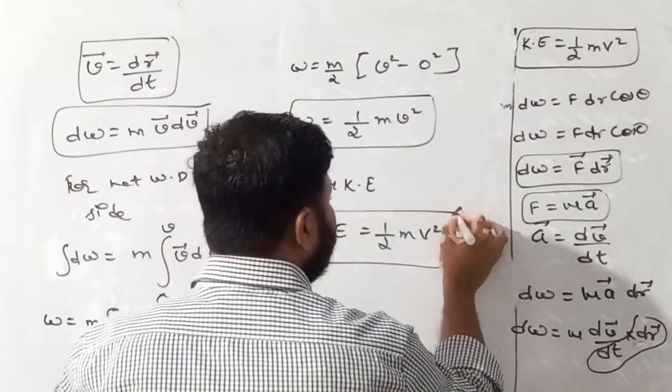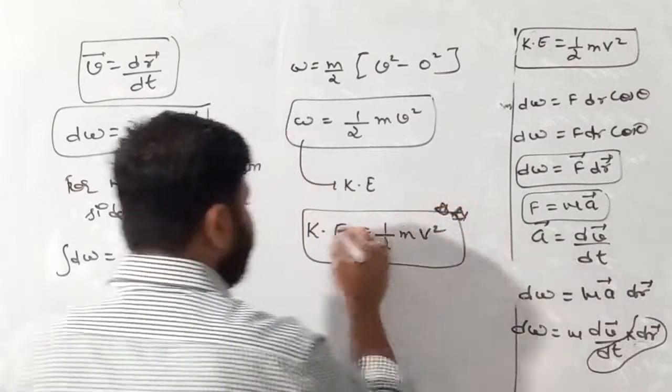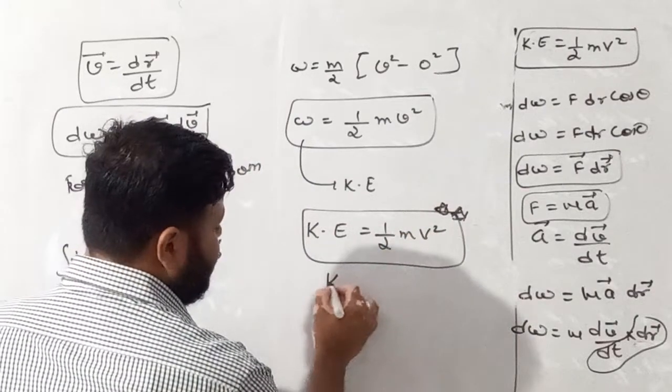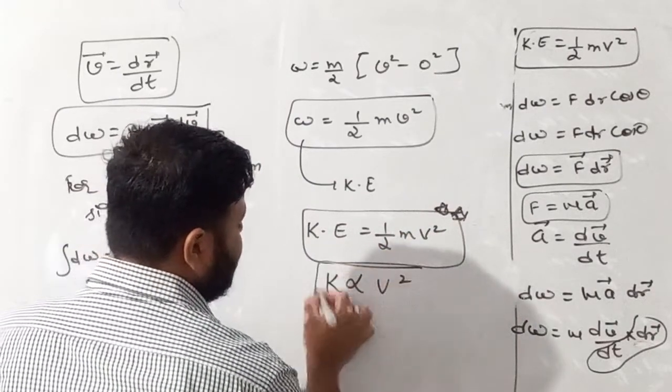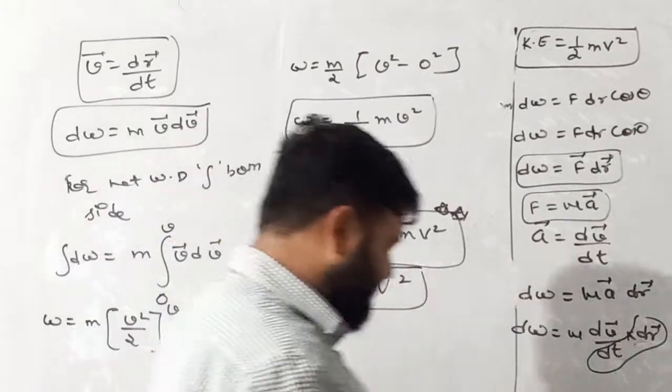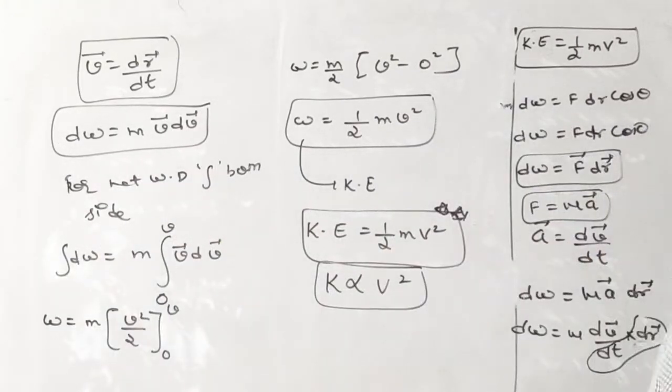This is the relation of kinetic energy. One more thing you have to remember: kinetic energy is proportional to velocity square. If the particle is at rest, then its kinetic energy is 0, and only if the particle is moving is kinetic energy defined. Please write down, then we'll move forward. I hope you all understand. Remember, kinetic energy depends on the velocity of the particle. Write down one question.